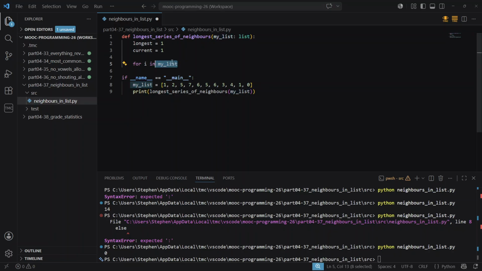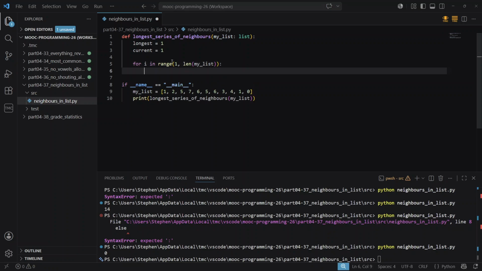Actually, no, we shouldn't even use the list itself. Range 1 length of my list. So start from 1 to the end of the list. Wow, this is a lot more tricky than I thought. Okay, so